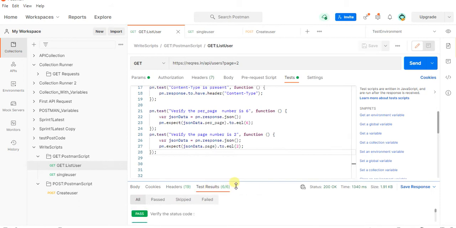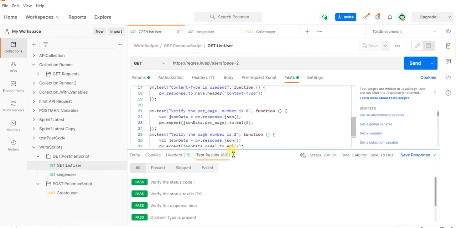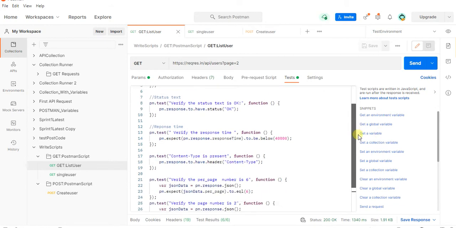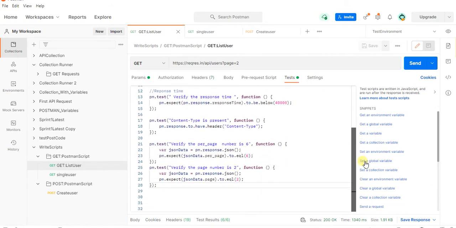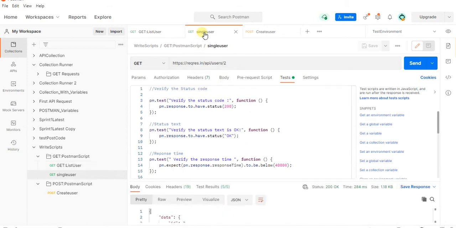Here the test result is showing six tests are passed. So this is the code written over here.